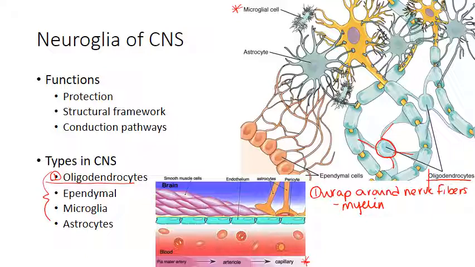So our next type of cell are going to be ependymal cells. Put that over here, and here are the ependymal cells. The ependymal cells look kind of like a cuboidal epithelium. What they do is they actually line the internal cavities of the central nervous system, as well as produce cerebrospinal fluid and circulate it. So they are going to line